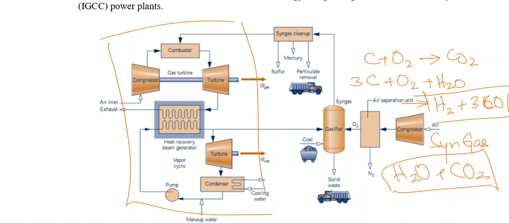So in this manner, the coal is utilized in a much cleaner manner, which means much of the solid waste is already taken out. Mercury is already removed, sulfur is already removed, particulate matter is already removed from this coal, and the only thing we are left with is the syngas, which would be used in combustion to heat the gases or the air